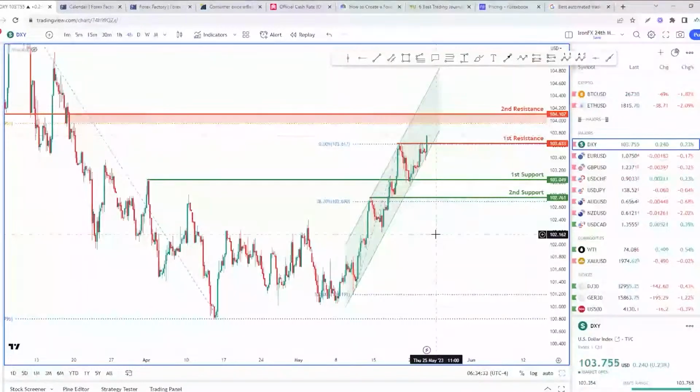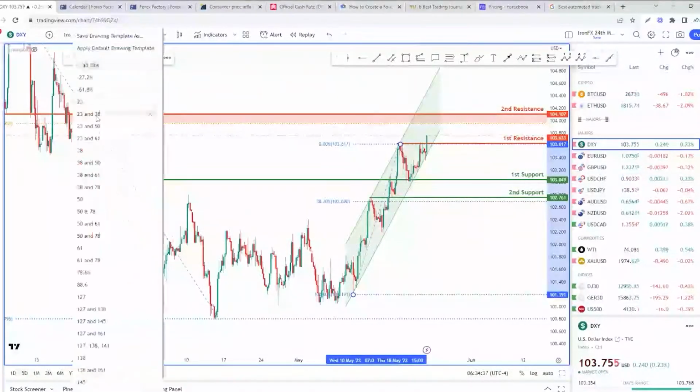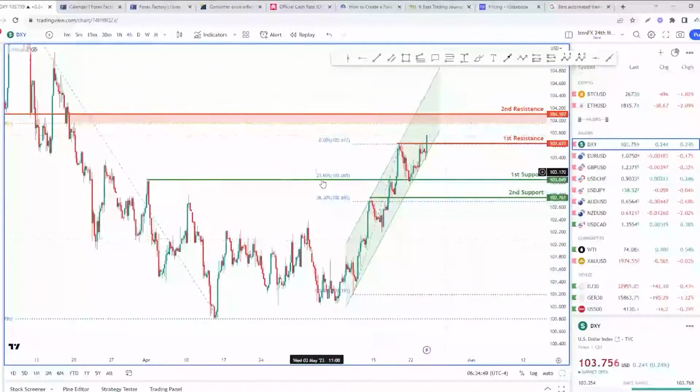And also, we had also run a Fibonacci sequence here. So Fibonacci retracements are done from the bottom left to the top right. So let's just ignore this current move here. As price rejected off this level of 103.60 and started retracing, we had our swing high over here. So then we ran our Fibonacci retracement from the bottom left to the top right. And as you can see,